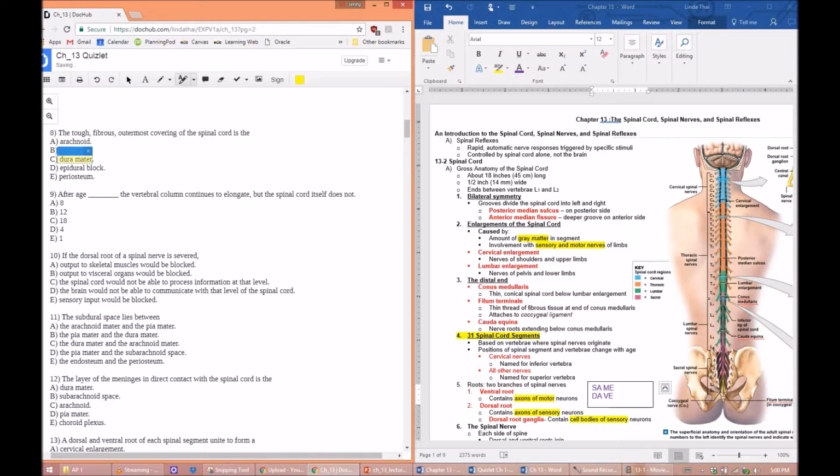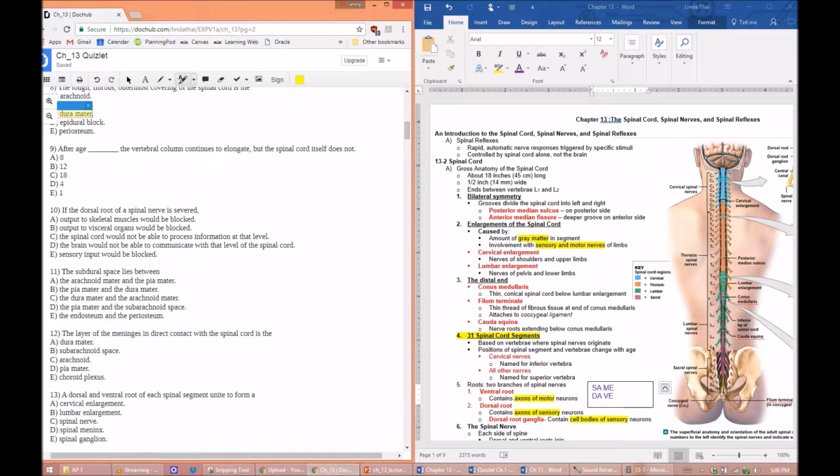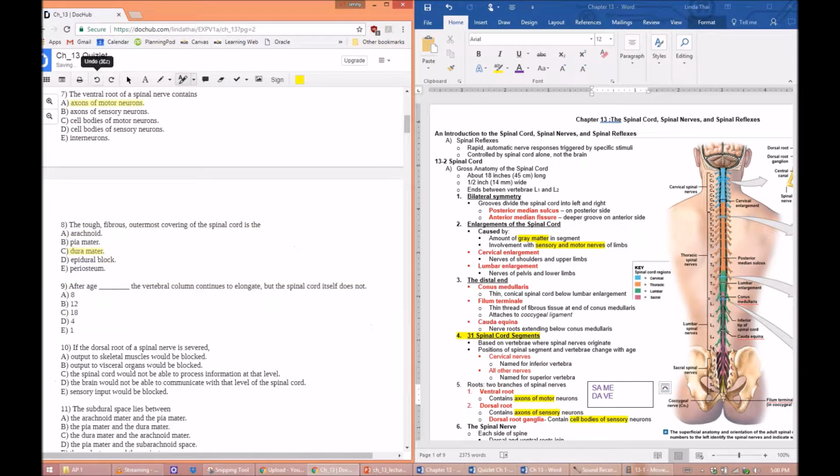After what age does the vertebral column continue to elongate but the spinal cord does not? It's going to be after age 4. If the dorsal root of a spinal nerve is severed, A, output to skeletal muscles would be blocked. No, because dorsal we